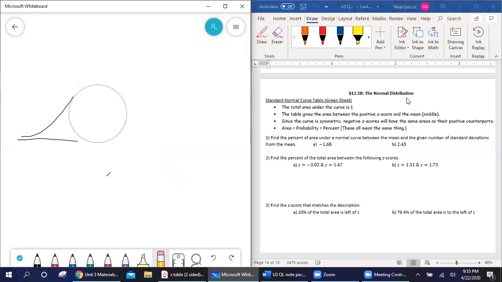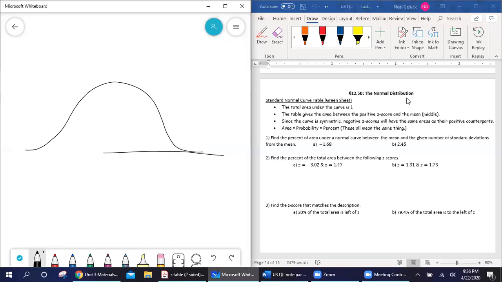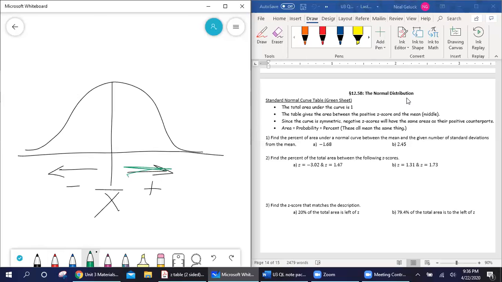So what the table tells me is the area from a positive z-score, and again, on our curve, positive z-scores are this way, negative z-scores are this way. It gives me the area between some positive z-score and the mean, or the middle of the curve. Now, here's the thing, it only tells me the positive ones, but since the curve has a symmetry to it, if I give you a negative z-score,